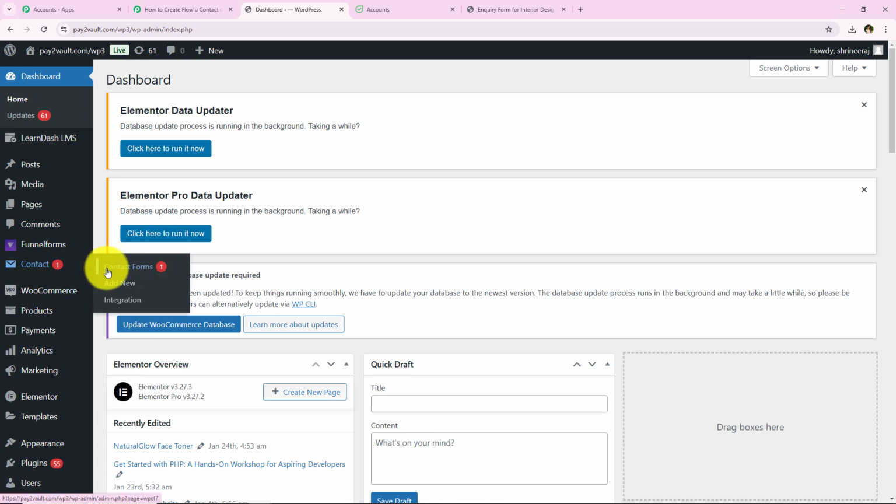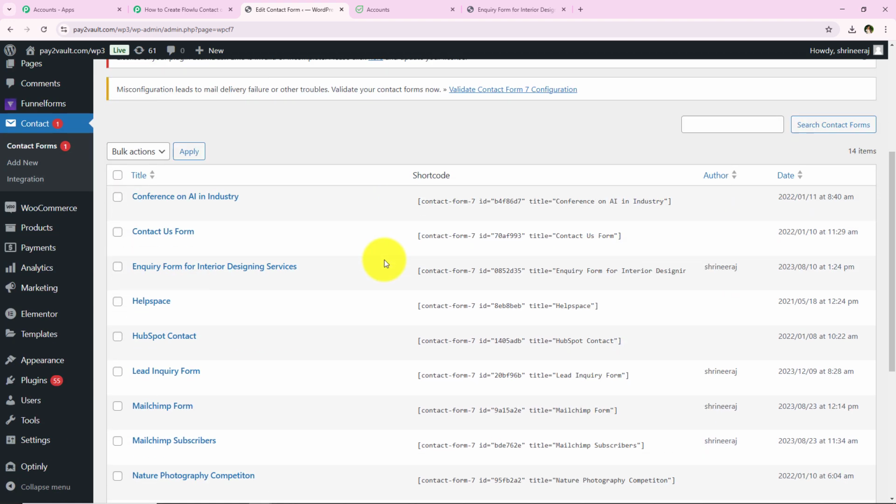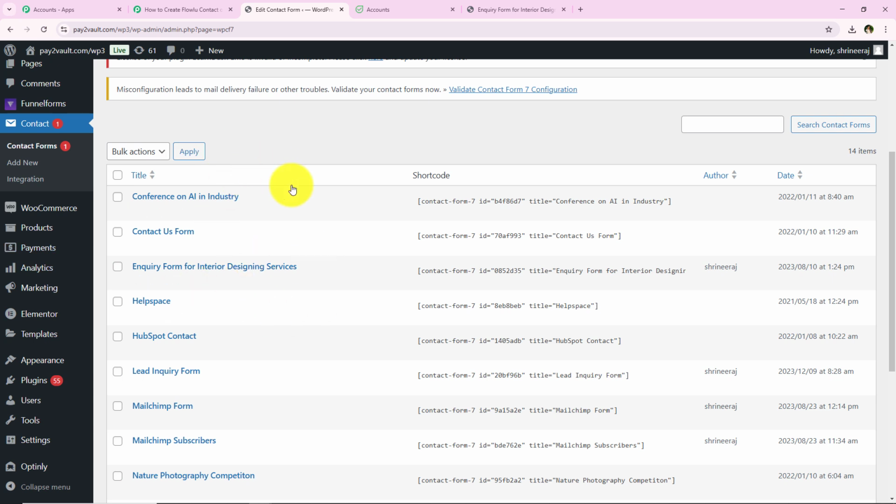So over here I've already installed this plugin and also activated it. So I'm just going to go towards the left side of the bar, contacts, and then contact forms, and now I'm just going to open the contact forms. And over here you can see all the forms which I've already created using Contact Form 7. Alright. But over here I want to create this automation for this form, which is inquiry form for interior designing